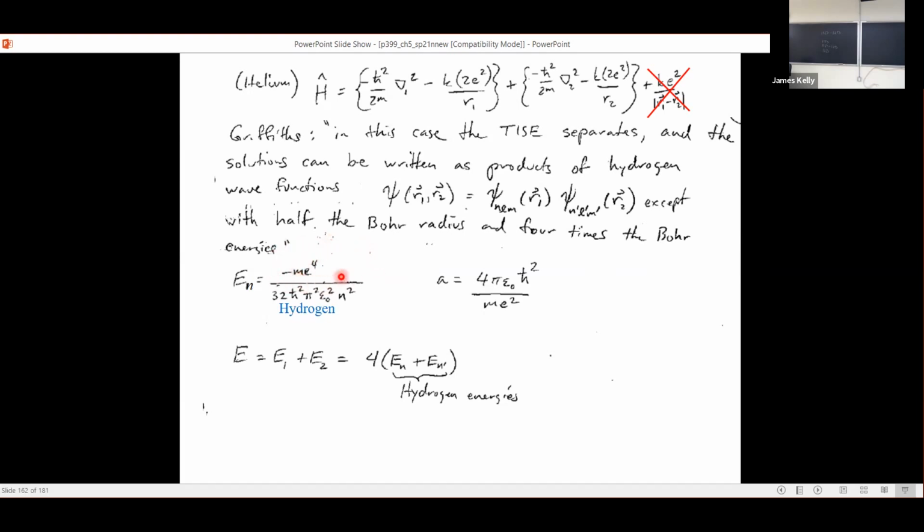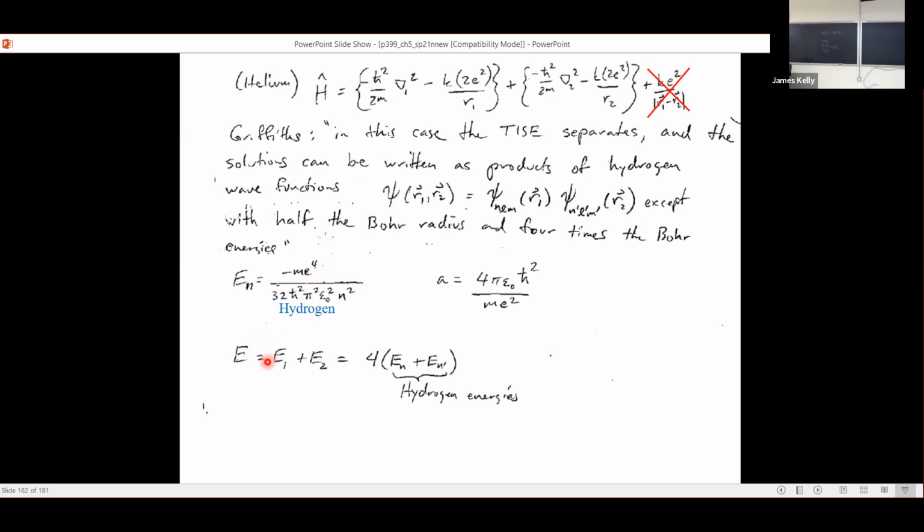2 of these factors of e from the e to the 4th come from the electron. That's not different, but 2 of them come from the nucleus, and those get multiplied by 2. So we get a factor of 2 squared, or 4 up there. And so we can think of the total energy for one of these states, where the 2 electrons are in these kind of hydrogen-like states,